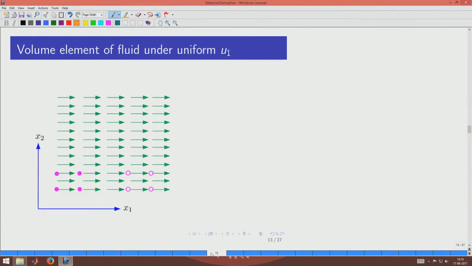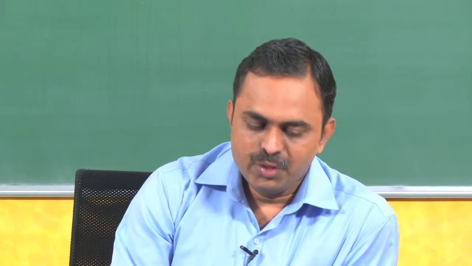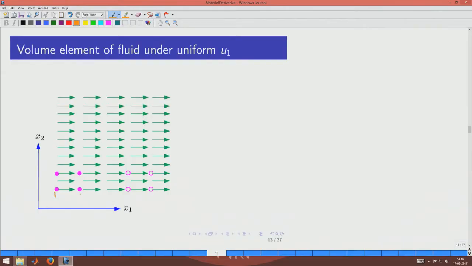Now, let us see what would happen if we look at 4 locations in a fluid in the domain, and what would happen to those 4 locations under the fluid flow. You could see that when you have these locations labeled as 1, 2, 3, 4, and if the velocity is uniform along the x direction, you would notice that after some time t, the position should have gone to the right hand side by an amount u1 times delta t, which means that 1 will go to 1 prime here,